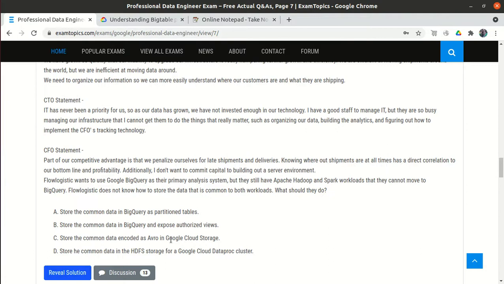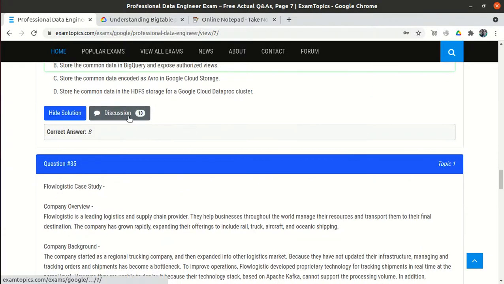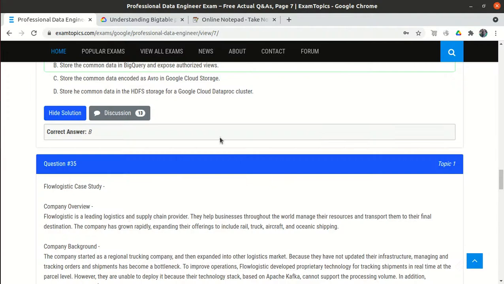So once we have the AVRO format in Google Cloud Storage, if we want to do the analysis, we can load the AVRO data into Cloud BigQuery. So option C is correct. They told option B, which is not the correct answer, and if you go to the discussion tab, most of the people say option C.